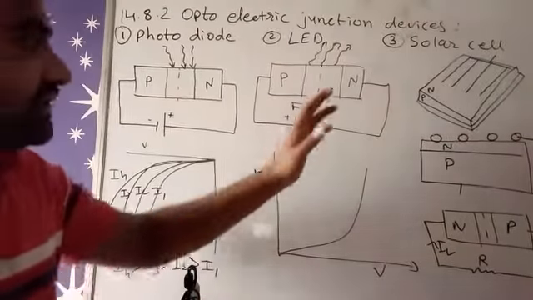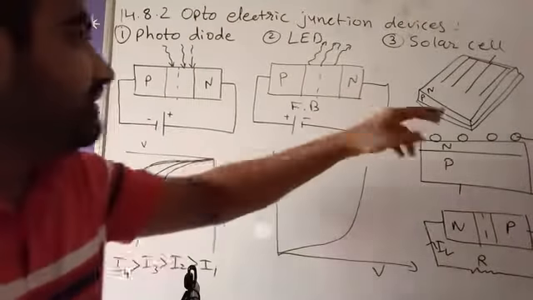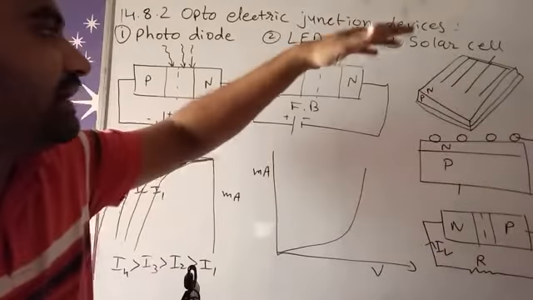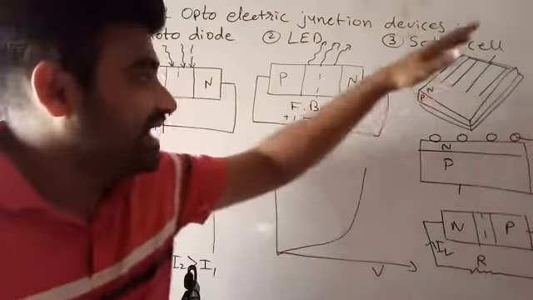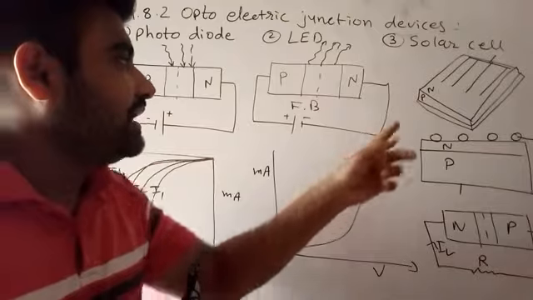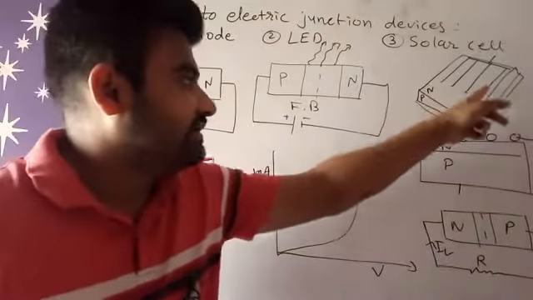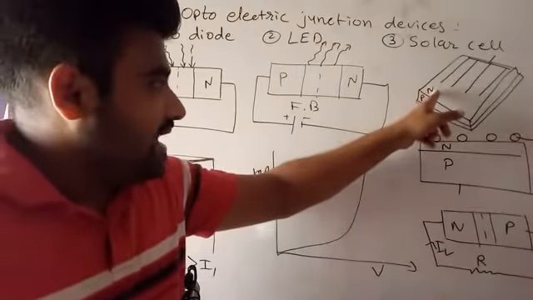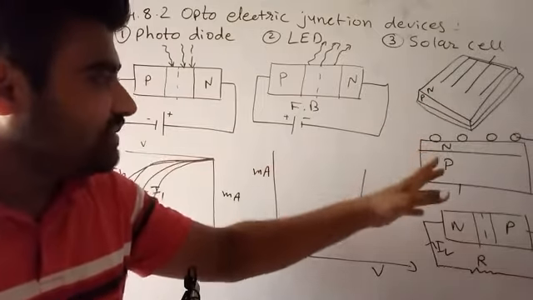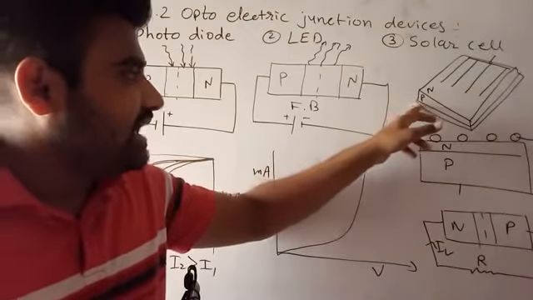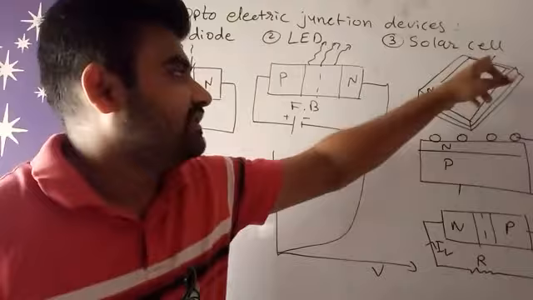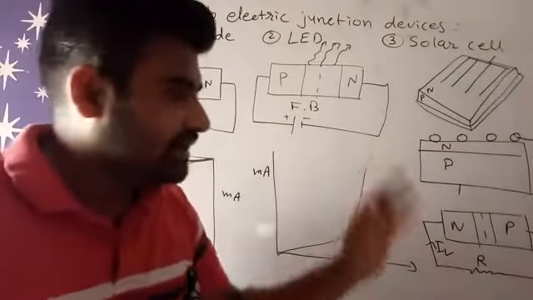So in the construction, we have an N type semiconductor. On top of it we have a metal strip which connects with that N. So we can connect N and P with this metal strip. After N we have the P type semiconductor, and after that we have the back end, which is connected with this front end. So the circuit is completed now.